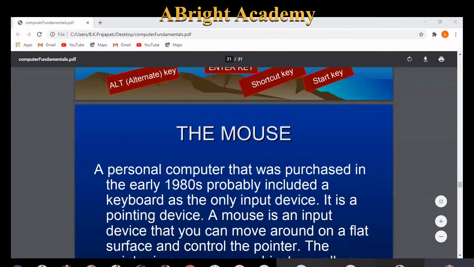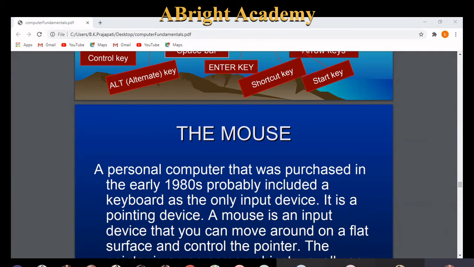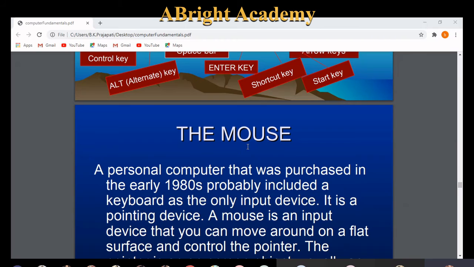So in today's class we learned the computer fundamentals. In computer fundamentals, programming language is part of computer fundamentals part 1, and we also started computer fundamentals part 2. So, fundamental programming language, the concept of algorithm and flowchart. Then we come to the networking and internet concept. So we start the networking and internet concept.